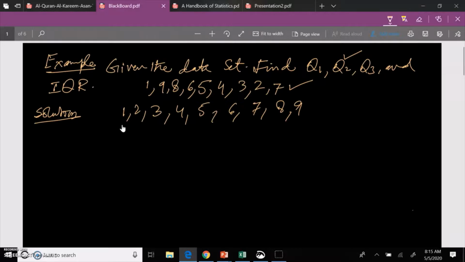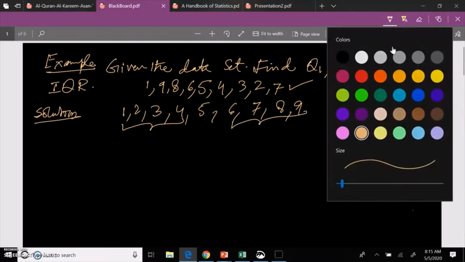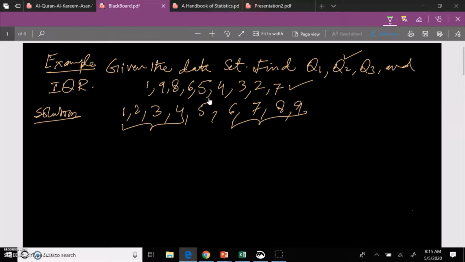Why? Because these are 4 values which are below, and these are the 4 values which are above. So this is the value which is exactly in the middle. So this is the median. This is our median. So Q2 is equal to 5, and this is also equal to,